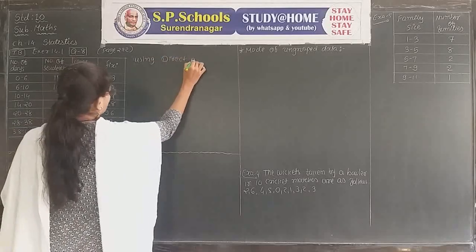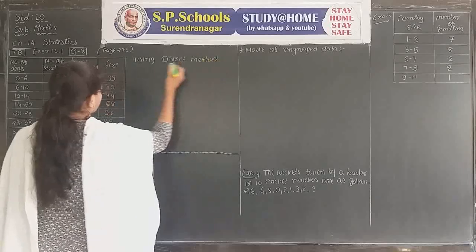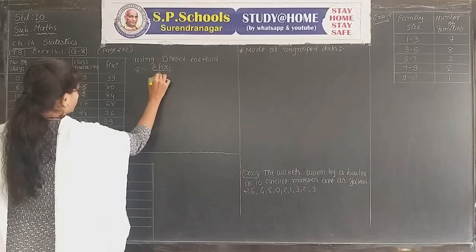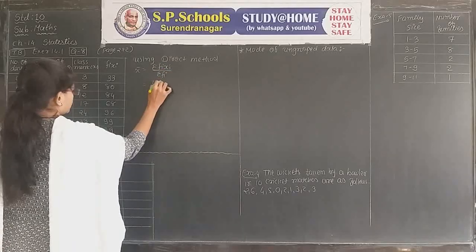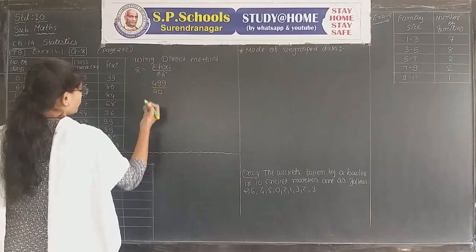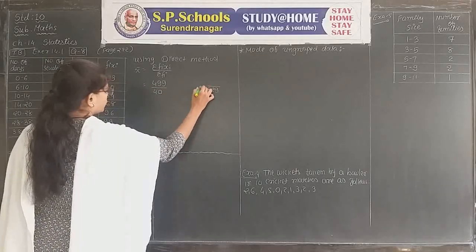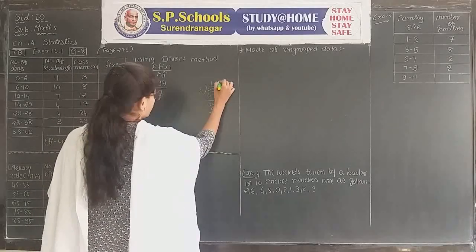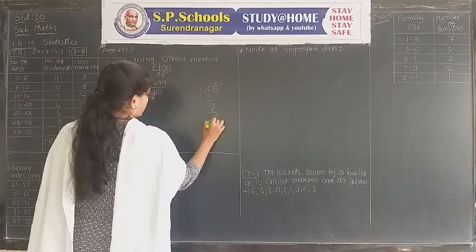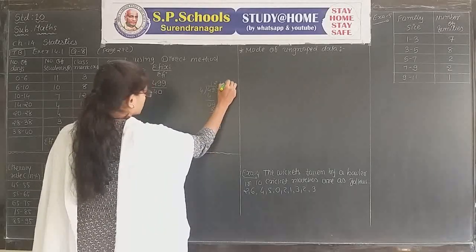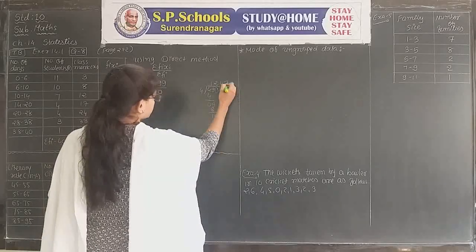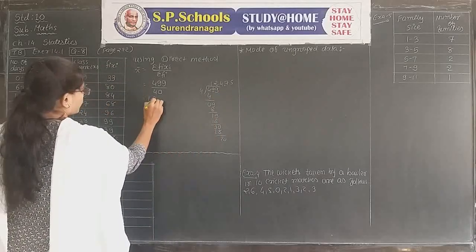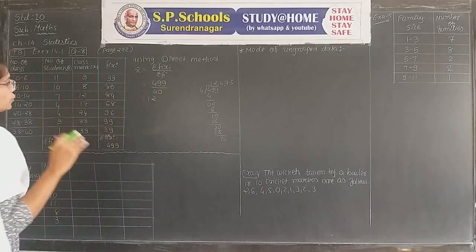Using the direct method, X bar is equal to sigma Fi Xi upon sigma Fi, where sigma Fi Xi is 499 upon 40. Now we divide 499 by 40. 4 ones are 4, 0, 9. 4 twos are 8, 1 and 9. 4 fours are 16, 3 and 0. 4 sevens are 28, but here is the point, 2, 0 and here is the 5, equals 1 2 4.